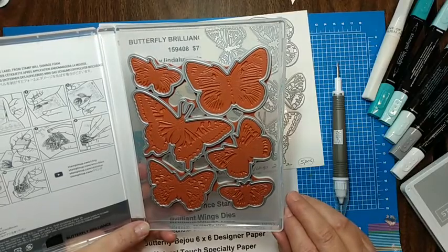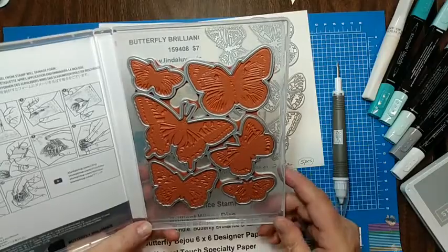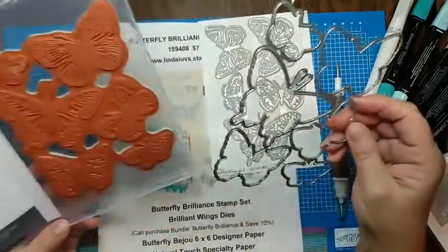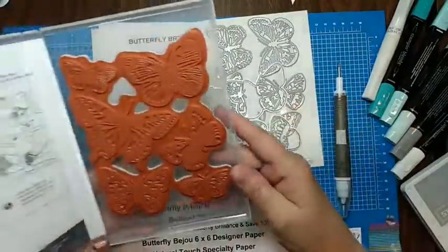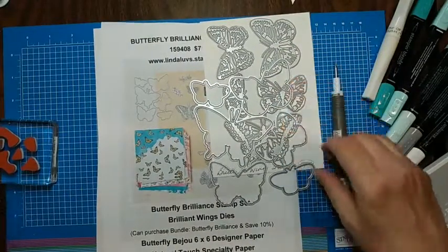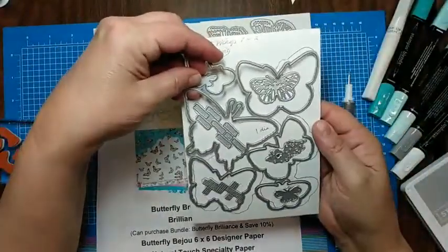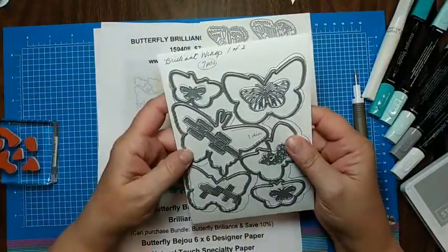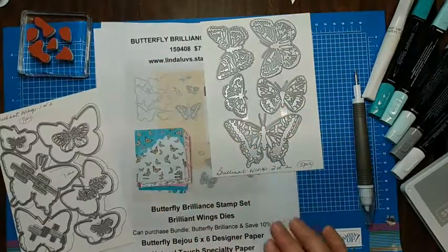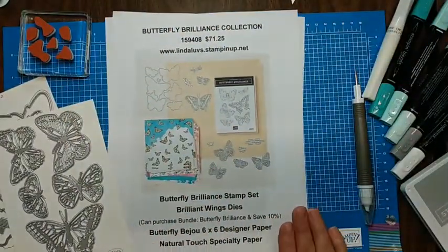watercolor pencils or the aqua painter type things to color with, any of them would work beautifully. And you could use them all. Don't just tie yourself down to one technique. There's lots of coloring techniques and watercoloring techniques, so go crazy. I will be showing you a few in the next couple Technique Tuesdays. We're going to go over some fun things to do with this. So we'll put our dies here. And then last but not least,